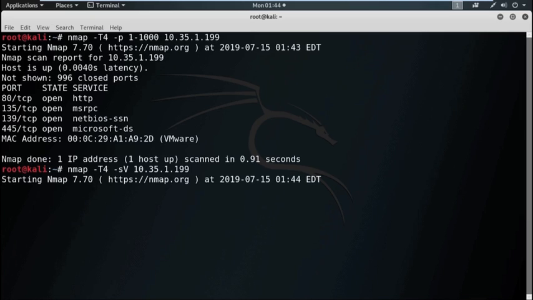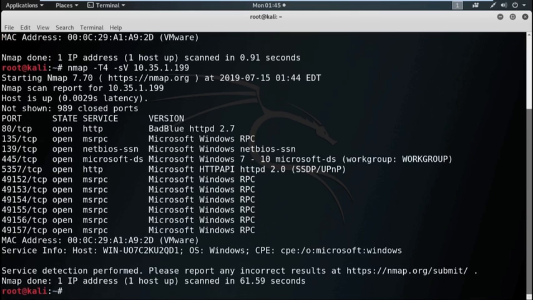For better visualization, we are performing a service scan, and also to know the details of the service, meaning what particular version of the service is running in the target machine. Okay, here is the result. In port 80, HTTP service is running and the version of the HTTP service is BadBlue HTTPD 2.7.